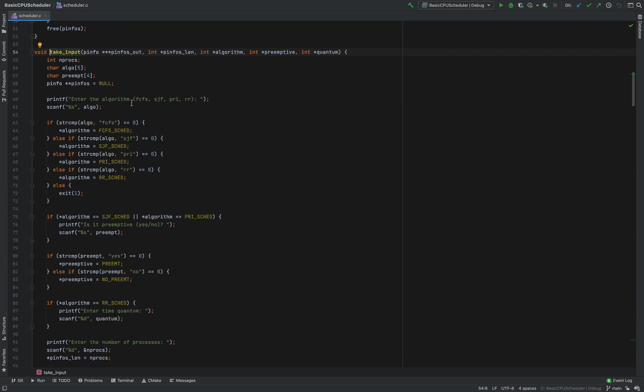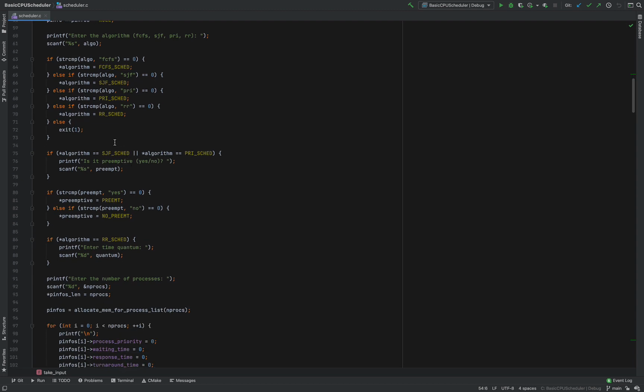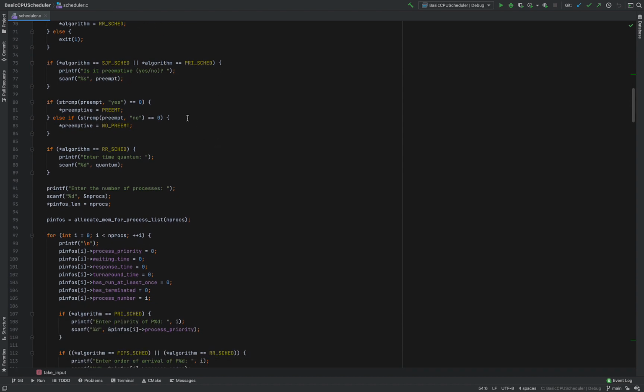Then we ask the user about the algorithm, and depending on which algorithm has been used, we set the algorithm variable to the constant that we have defined at the top of the file. If the user has selected the shortest job first or the priority scheduling algorithms, we know that they support preemption. So we also ask the user, is it going to be preemptive? And we also store that.